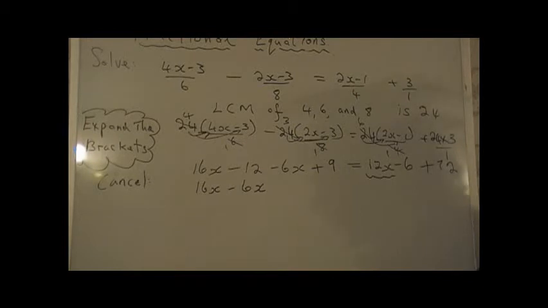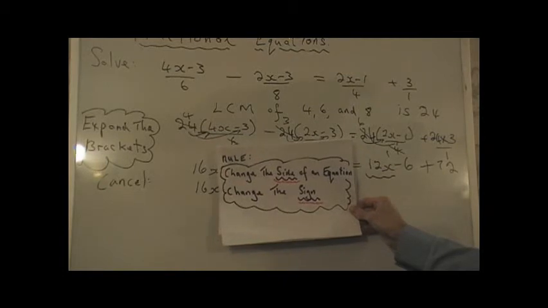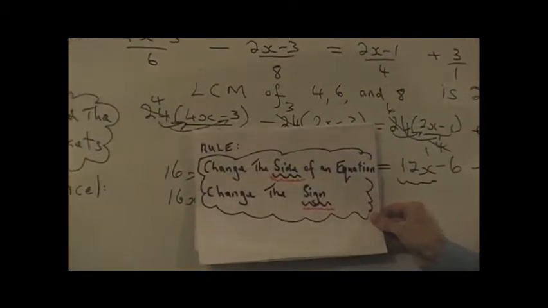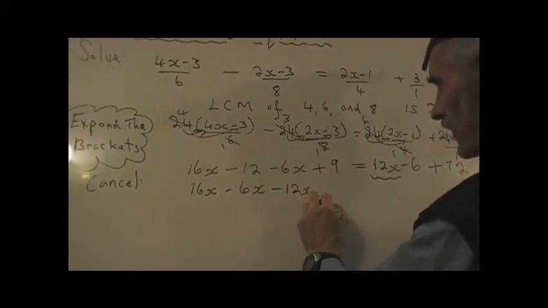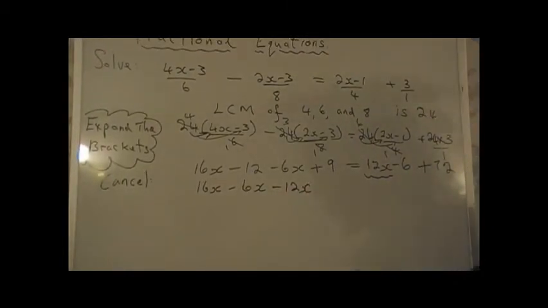And of course, when we move a term from one side of the equation to the other, we have a rule and we change the sign. The rule is, change the side of an equation, change the sign. So we're going to move the plus 12x to the left hand side, and that will become minus 12x. If you move a term from one side of an equation to the other, when you go across the equal symbol, you change the sign. I now have collected my x's on the left hand side of my equation, and this is equal to the numbers on the right hand side. I start off with my minus 6, and I've got my plus 72,